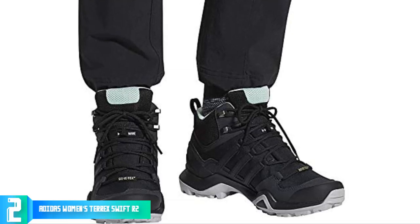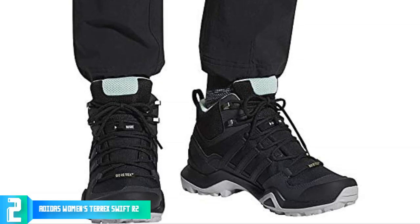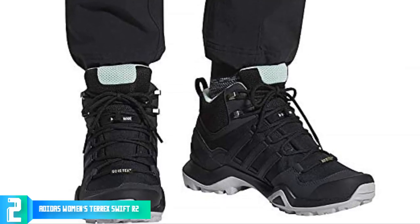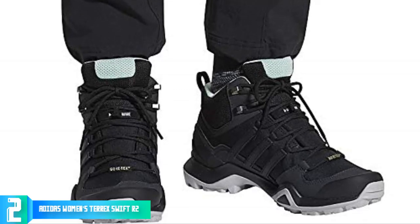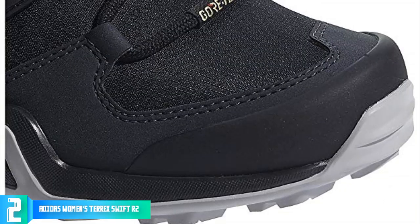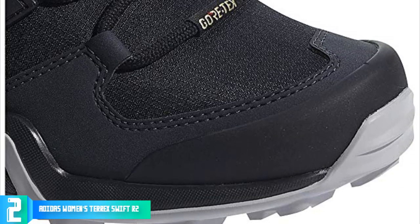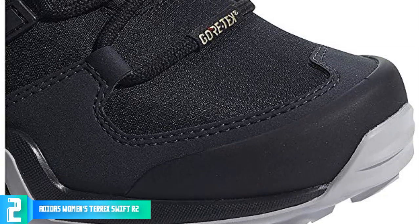Moving on, the lightweight EVA midsole does not only offer a fine, long term cushioning, but it also has a stable platform, but some of the users mentioned that the midsole may feel a bit stiff if you go into trail running. The insole is a bit thicker in the heel, but it feels soft, which I really like because it will efficiently absorb the shocks as you are walking,